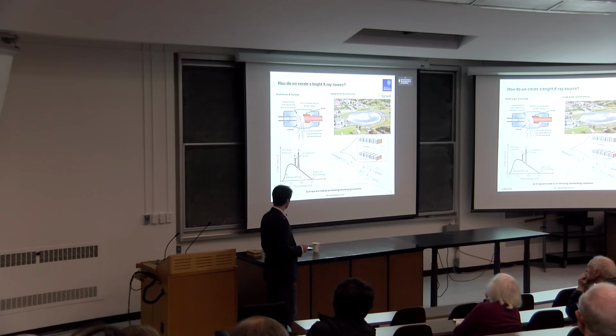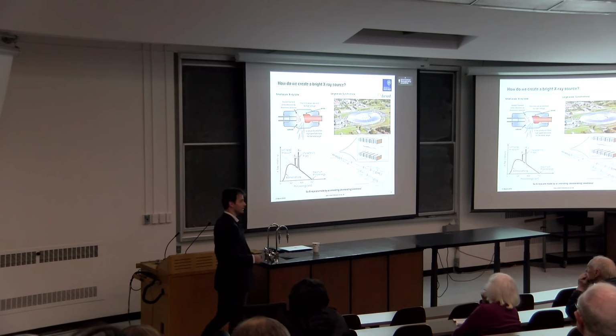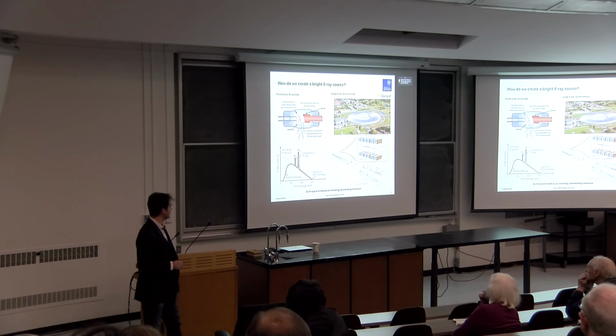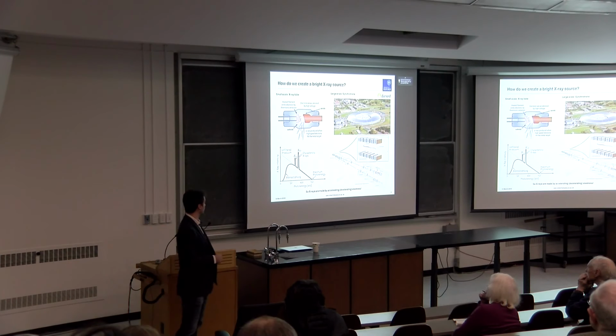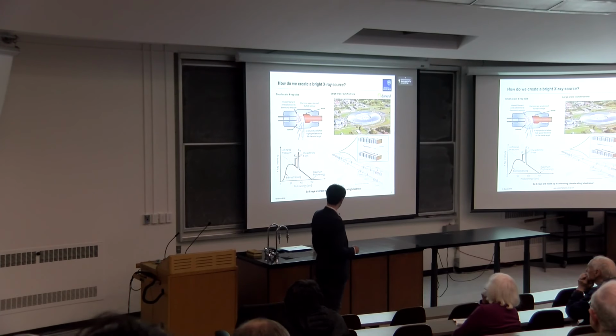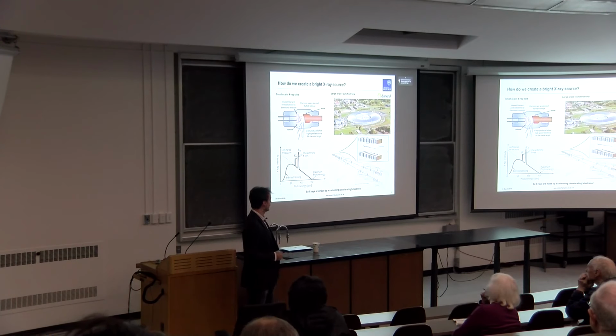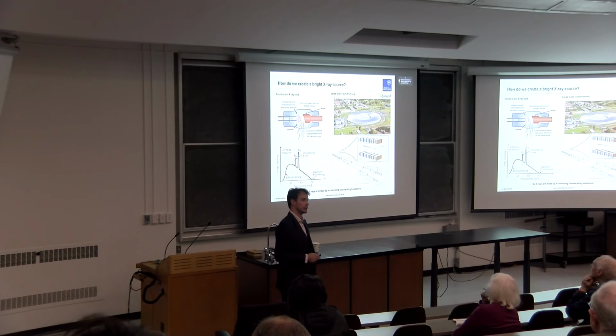So the way this works is, of course, you have an electron beam. It circles around. And then you send it through undulators. That produces X-rays. And these X-rays are bright, very, very bright, far brighter than this, right? And they allow you to do some very interesting science. So up until about, well, 10 years ago now, this was the best way to create a bright X-ray source.